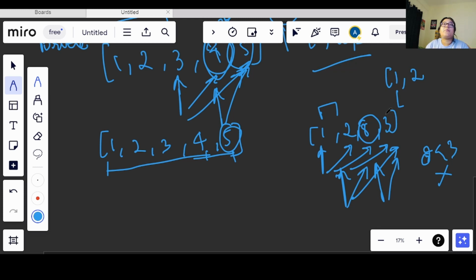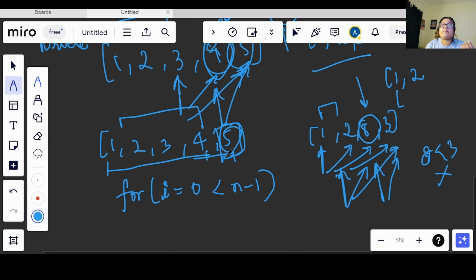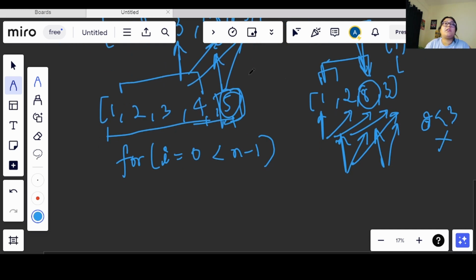and we will return 0 from there. Okay, so now what we are doing here, let's say I start from 0, and it will go till less than n minus 1 only, because if my array is sorted till n minus 2, right, then the last value will already be sorted, and like we saw here, if this value is not correct, we will get the answer there only, right? So we will be going till less than n minus 1, and our j will start from i plus 1 and it will go till less than n, right?